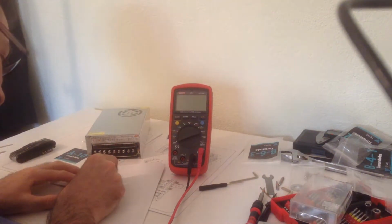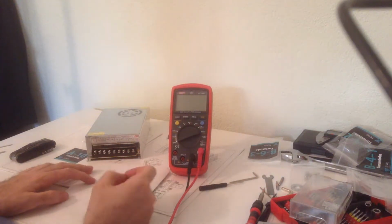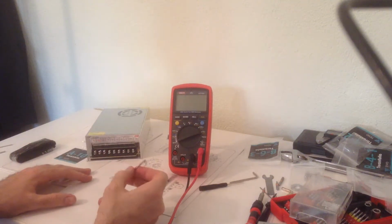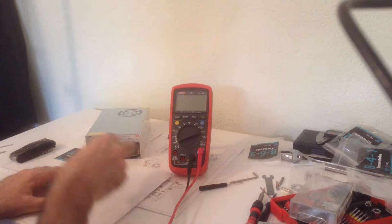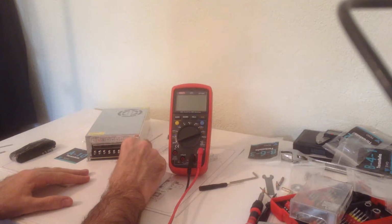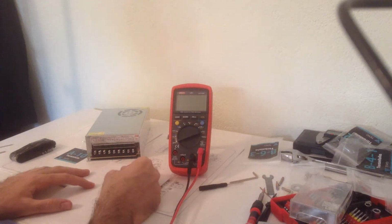The contact patch between the screw and the wire is going to be really small. A very small contact patch means a very high resistance. And since you have quite a lot of current going through these terminals, maybe not on the input side, but definitely on the output side with the heat bed of the printer, you're going to have a voltage drop due